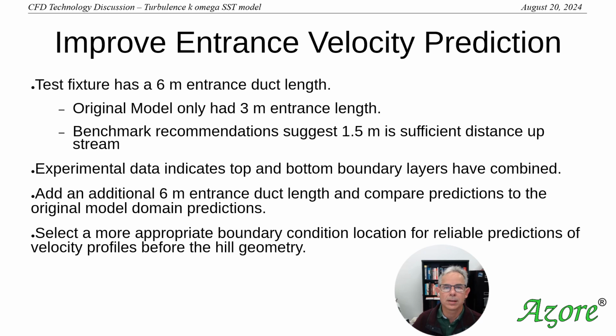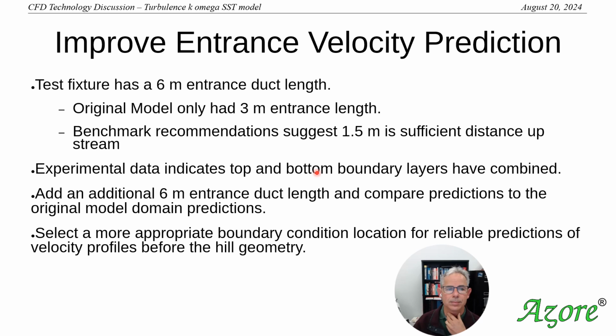And the original model only really had a 3-meter entrance length. The documentation for this benchmark suggests that maybe 1.5 meters is a sufficient distance upstream to start a simulation. But the experimental data, if you look at it closely, indicates that the top and the bottom boundary layers have kind of combined together. And maybe that isn't enough distance in our prediction, since we started from a uniform velocity for that boundary layer